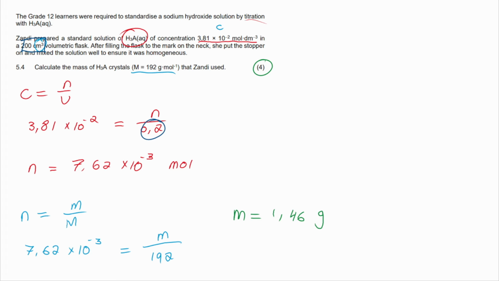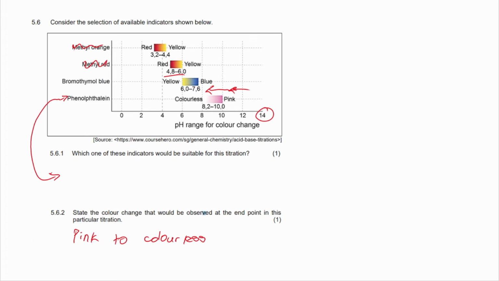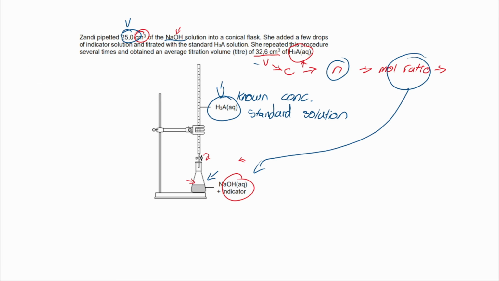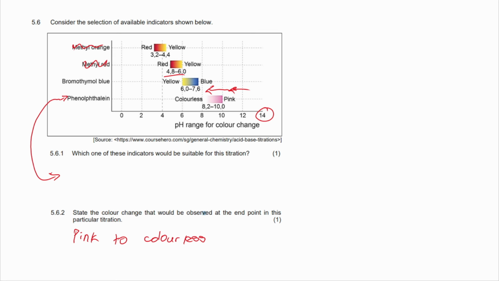But I no longer have that because I used this volume. This is now my new volume of H3A. So do not use that 200. We're using this